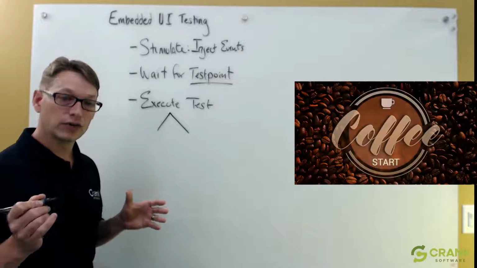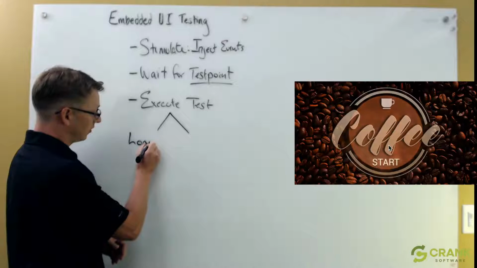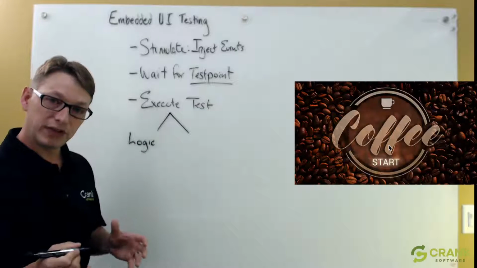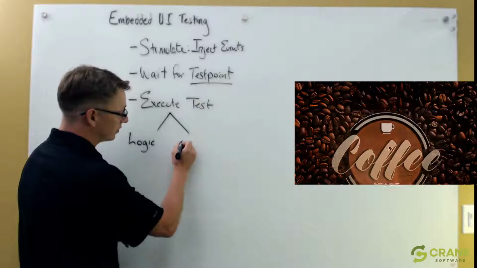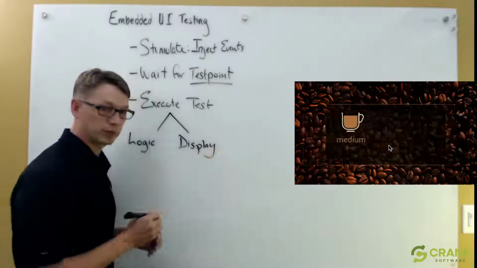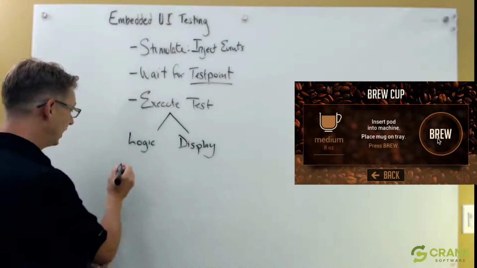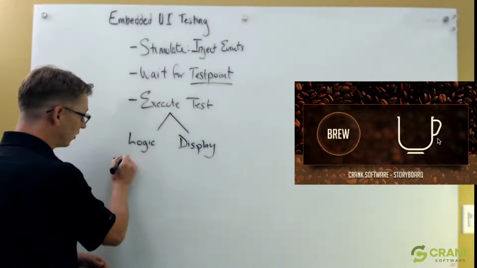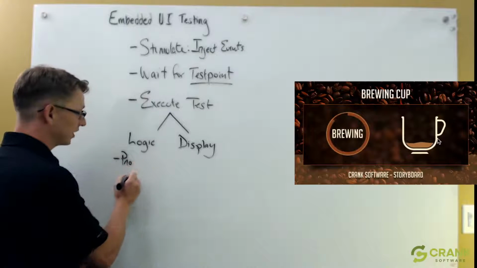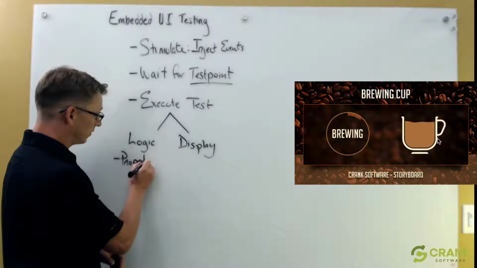The two different categories that we like to think about are the logic type of test, and then the display type of test. Two very different areas, and what we might also call this is, what am I testing when I'm testing the logic properties? I'm testing the properties